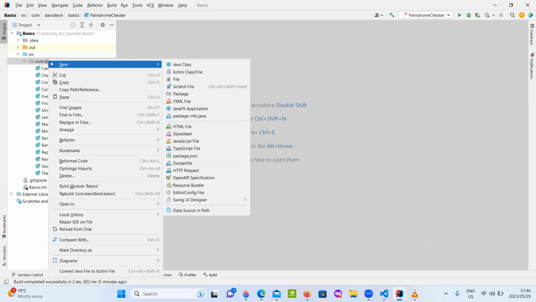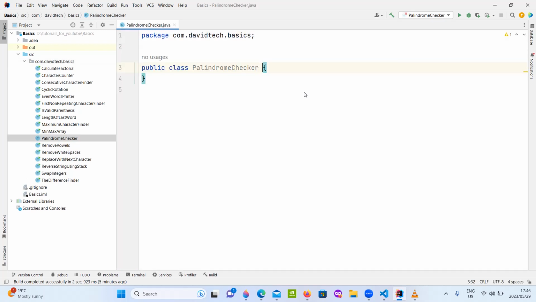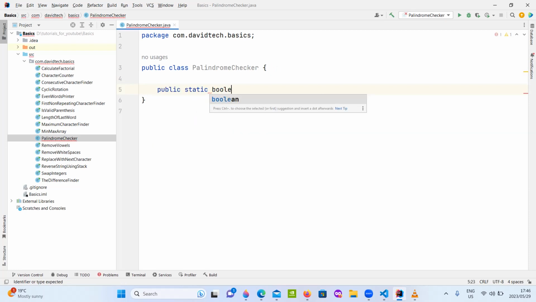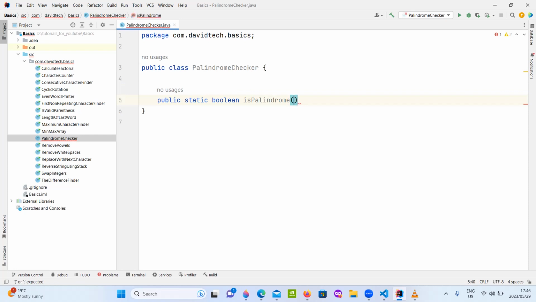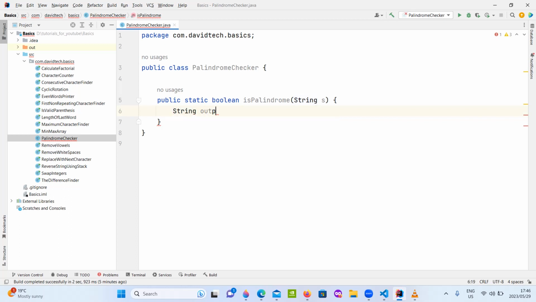Go to your IDE, right click the package, and then say new. I'll call it PalindromeChecker. So what we'll do is we will have our own method, public static boolean, because it has to tell us if it is a palindrome or not. In other words, true or false, isPalindrome. Then we'll have String s as a parameter. What we need to do is construct our own output, and then say it's equal to an empty string there,